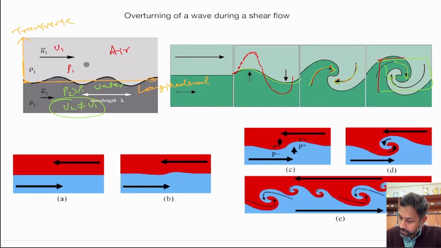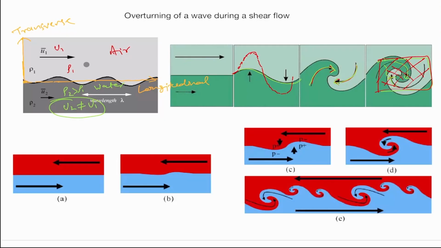Okay, so what you see here will completely mix with each other. So there will be air getting trapped inside water. Eventually that will come out, but for the moment it will get trapped. Now let's assume that these two fluids are miscible in nature. Instead of air and water, we consider two fluids which are miscible. In that case, this will lead to a lot of mixing between these two fluids at the interface, which in the beginning we assumed was a sharp interface. As you can see, there is no mixing between these two fluids, but because of the overturning of the wave, there is a lot of mixing coming into the picture,